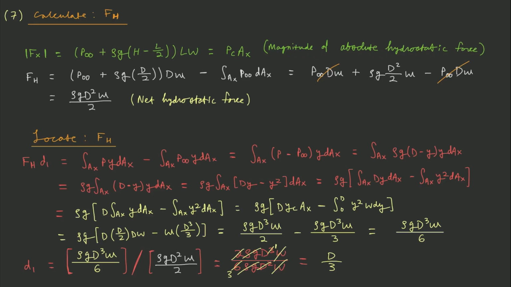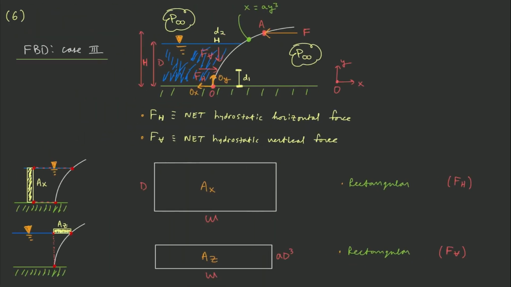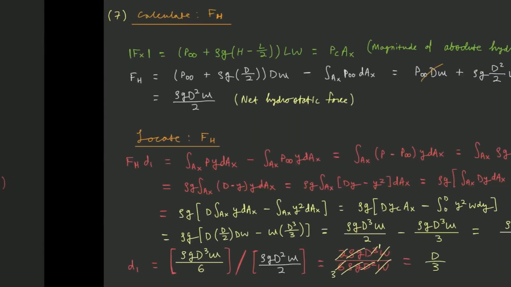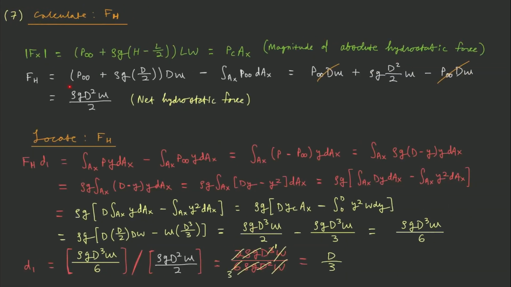Now, what you want to do is then subtract the force from the ambient atmosphere because, again, F_H is defined as the net hydrostatic force. So we are discounting the effects of P infinity, or the atmosphere, on the hydrostatic force. So what we do is we get this equation, which is just the absolute hydrostatic force, which we've simplified for the rectangular geometry, which is on the first few slides again, and then we subtract the effect of the atmosphere. How do we get rid of the force provided by the atmosphere on the other side